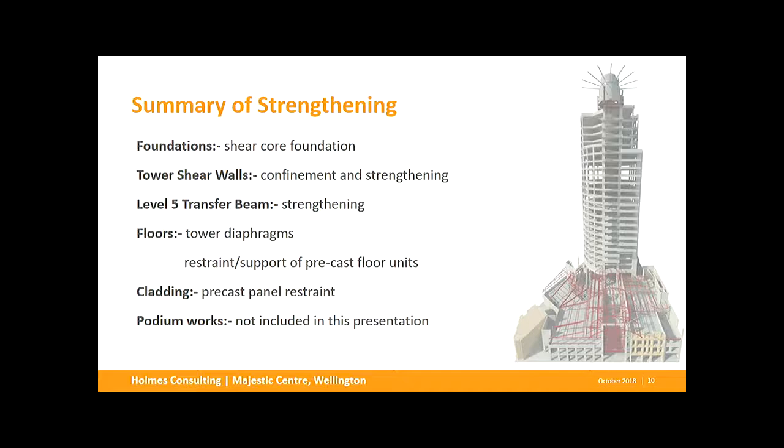Level 5 transfer beam, which I've talked about. The floors, so both tower diaphragms needed significant work, and restraint and support of precast flooring units. A lot of the hollow core issues that have been uncovered in recent times, we had to deal with that. Precast cladding was an issue, and then podium works as well, which aren't included as part of the presentation, but